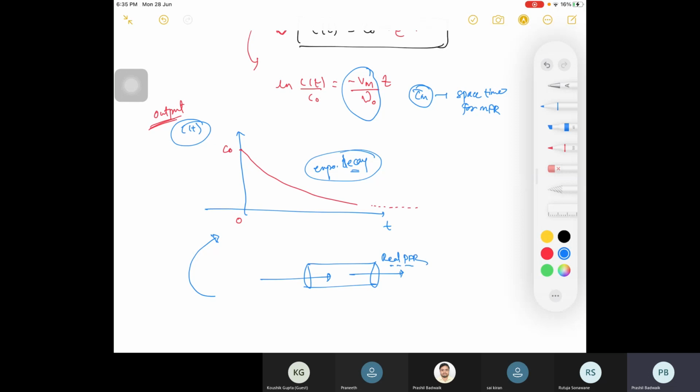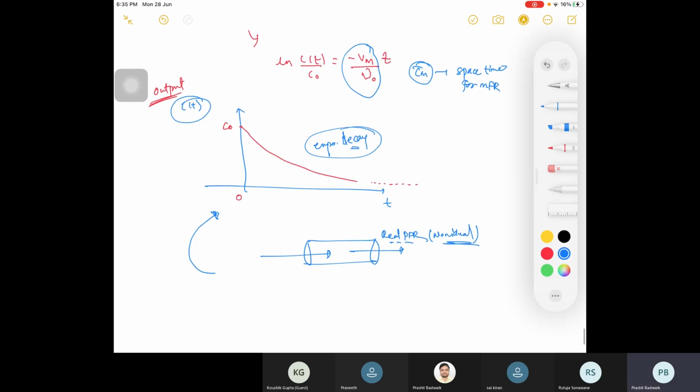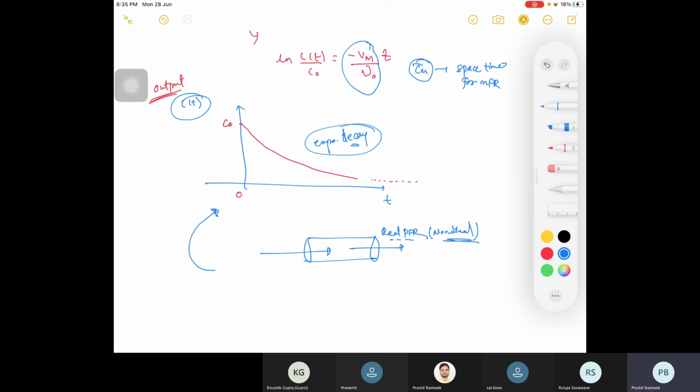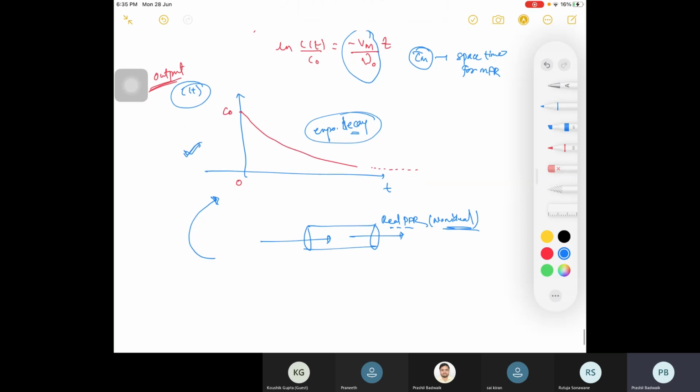Whenever I write plug flow, that is ideal only. In real life, you can consider a non-ideal PFR, and you are getting this profile. So your PFR is not actually a PFR, that is your CSTR. Even though you are using a PFR, because of non-ideality, no flat velocity profile, or some situation like axial mixing, you are getting this profile. So your PFR is behaving like a CSTR in that case. This is your clue for CSTR.